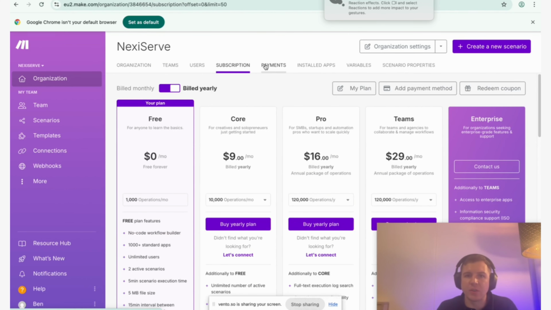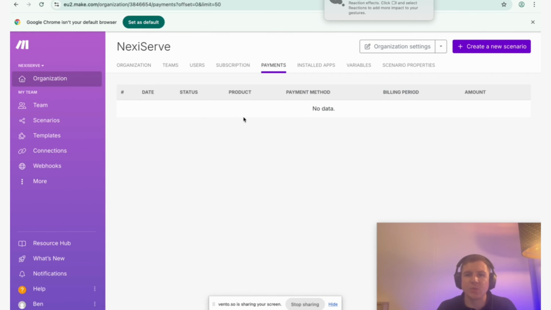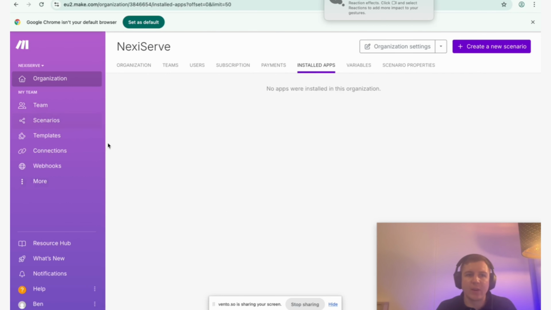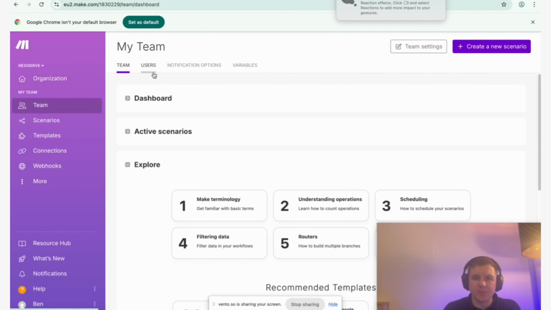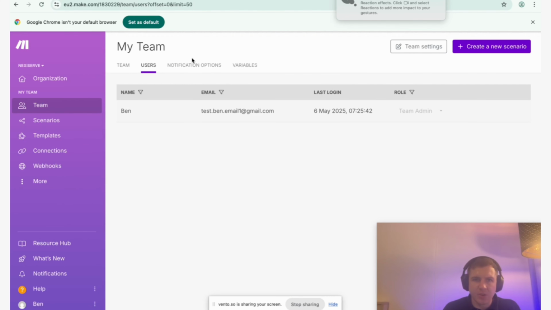Subscriptions, we covered that. So you'll need to sign up with a subscription. Payments, this will essentially just show your invoices and all your monthly payments. Installed apps. Again, I'll show you when we go into scenarios here. But to connect up with your different apps, you'll need to log into your applications. So this will essentially show all the apps that you've installed. Again, we'll go into that when we touch upon scenarios. So team, we've already touched upon team, how you can add your users. And then notification